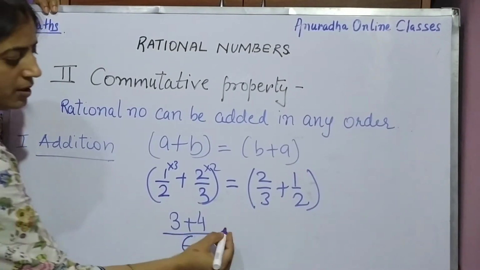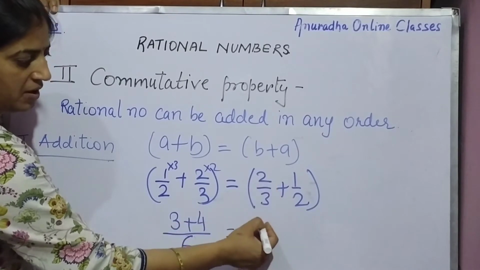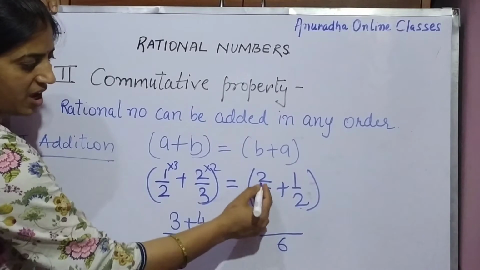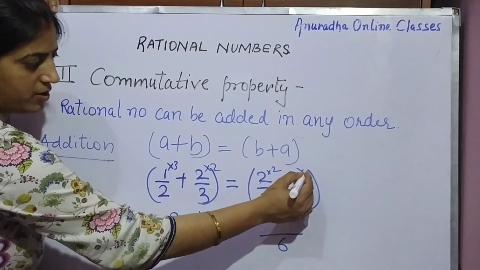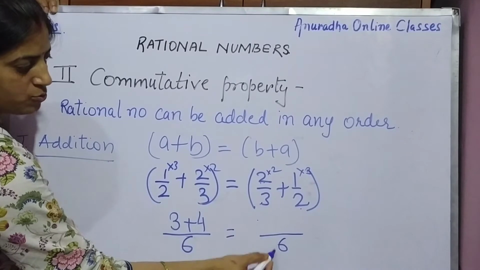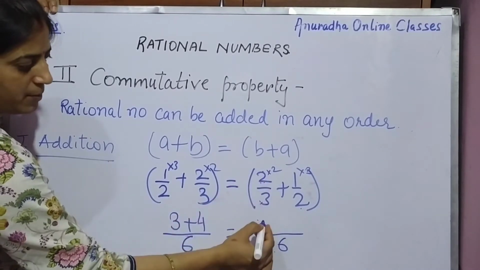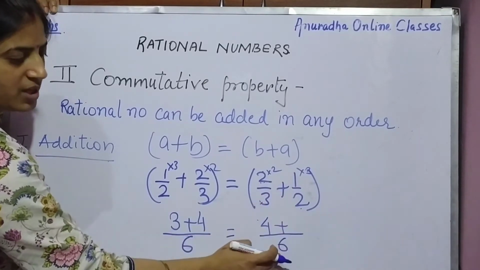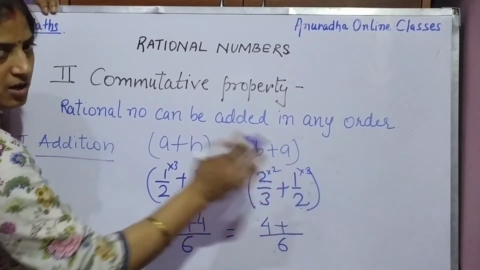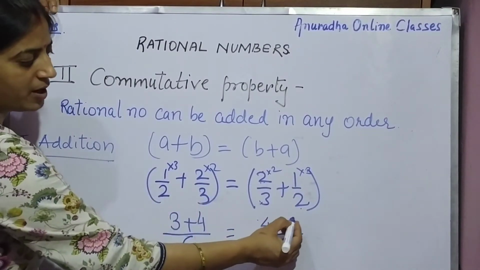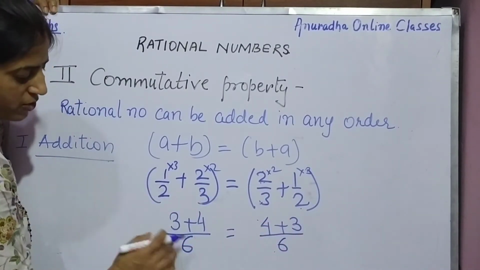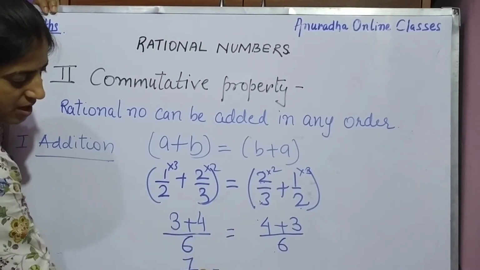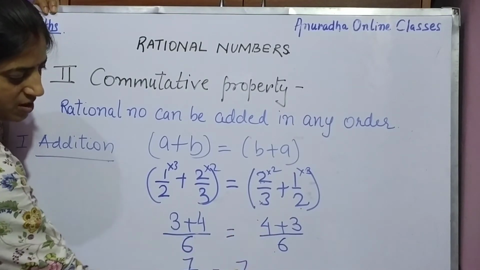Then is it equal to 2 by 3? Again I have taken 2 and 3 and will get 6. Here we will multiply by 2 and here we multiply by 3. See, 3 twos are 6, so on top also we have to multiply by 2. Here we will get 4, in between there is plus. Then 2 times what is 6? 2 threes are 6, so the numerator also we have to multiply by 3. Then we will get 3. So what will we get here? See, 3 plus 4 is 7 upon 6. That is equal to, what we will get here is 7 upon 6.